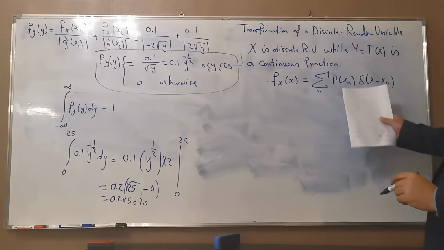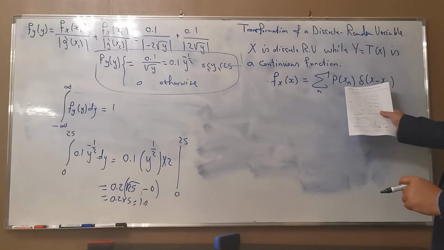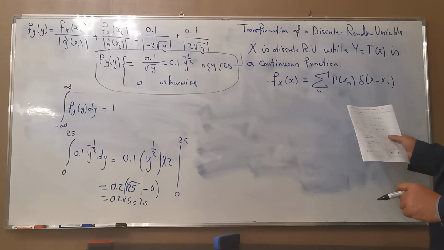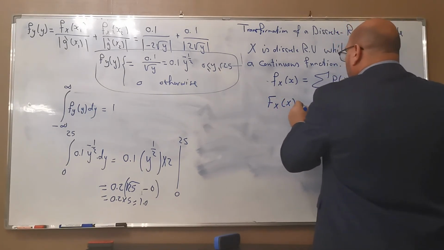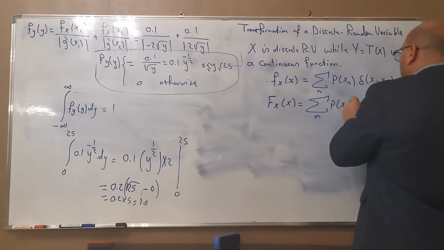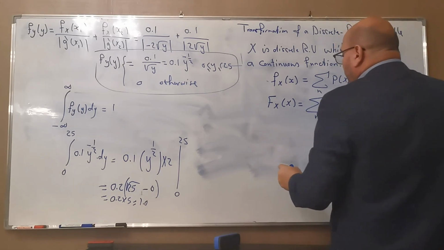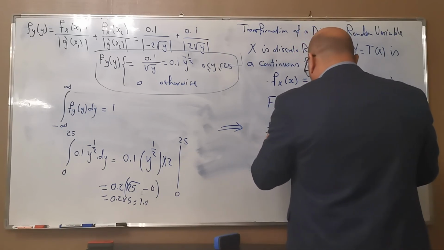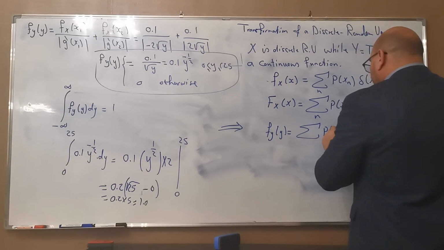So it's impulses, deltas weighted with the probability of that x at that particular delta, and the distribution is equal to the summation of p of xn times u of x minus x sub n. If we do the transformation, then fy of y is equal also to the summation